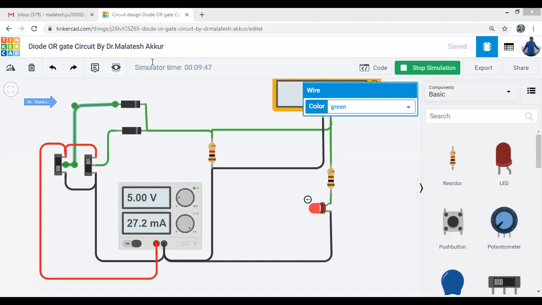So what is the value of the resistors? We can select any value of the resistors, like 100 ohm, 220, anything. We have variable resistors also, so in this case we can select any value of the resistors. I think he might be asking about the logic gates, I guess. So I'll show the circuit and we'll see.